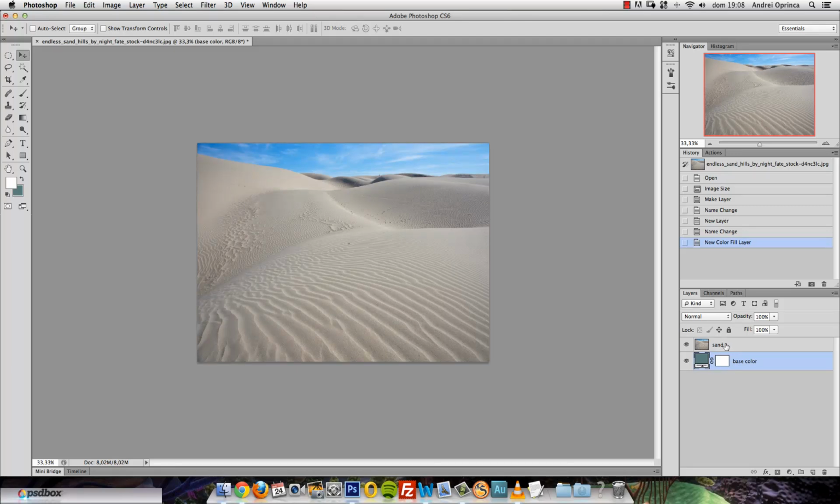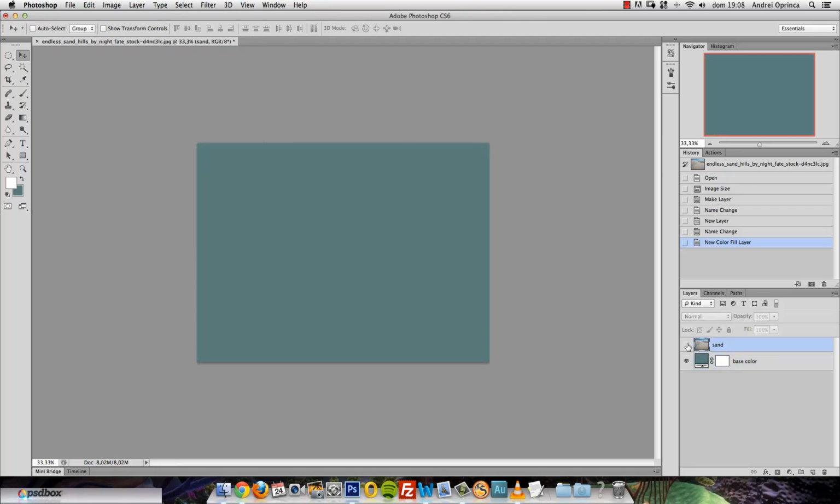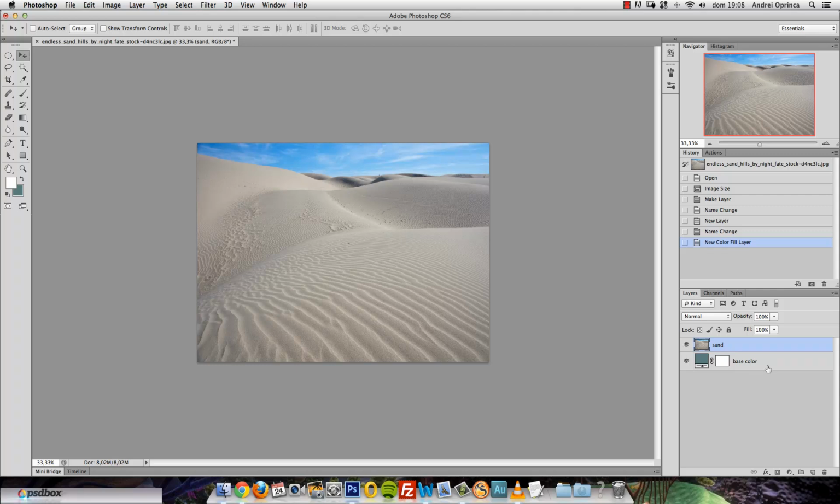It is not visible because it's under the sand. So if I deactivate this layer, you can see it now. And for the sand layer, I'll create the layer mask now. First select the layer and click this icon. And I usually use a gradient tool to mask big parts of the image like this one, but